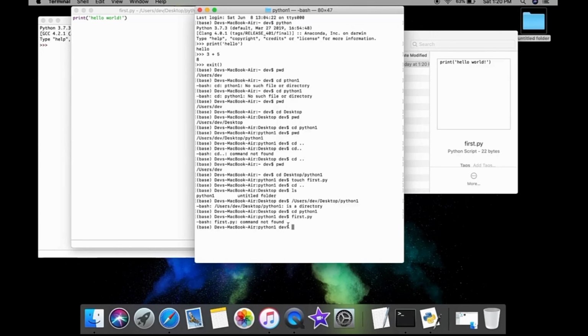It will show you an error, and that's because you did not specify with what language you want to run that program, or what the terminal should use to run that program. So you have to write python, and then your program name, first.py, and you will get hello world. So that's the terminal here.